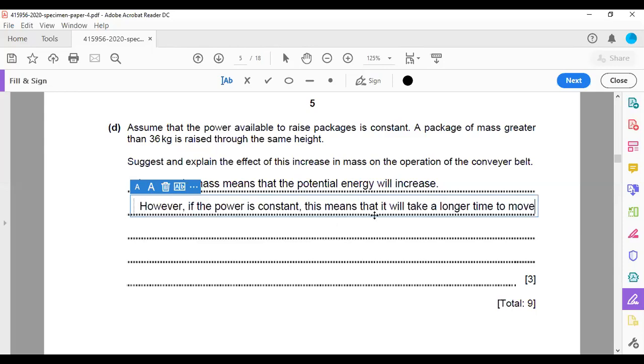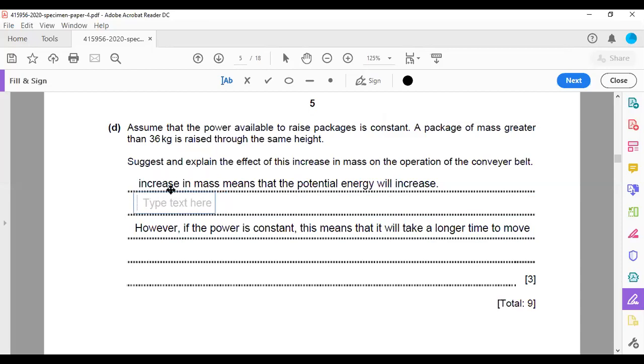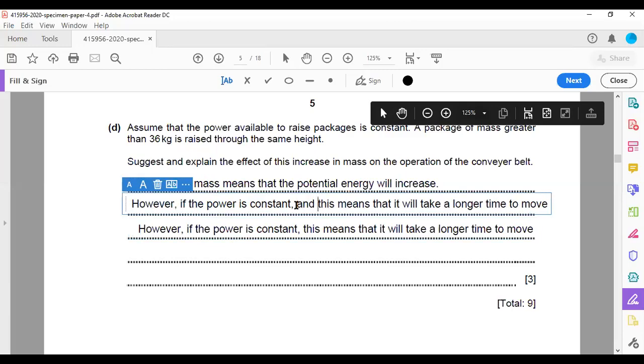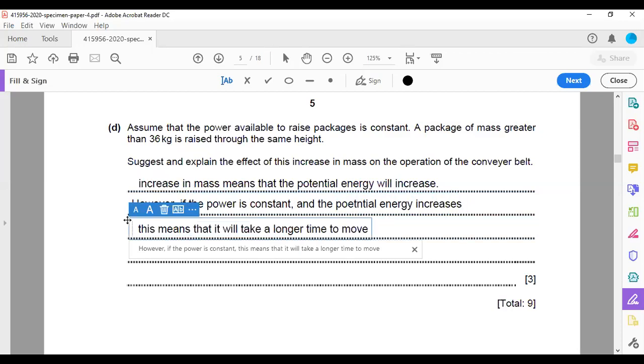However, if the power is constant and the potential energy increases, this means that it will take a longer time to move the package on the conveyor belt. Okay,